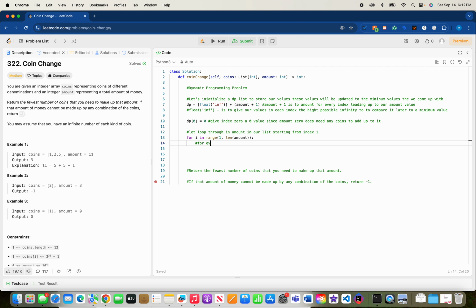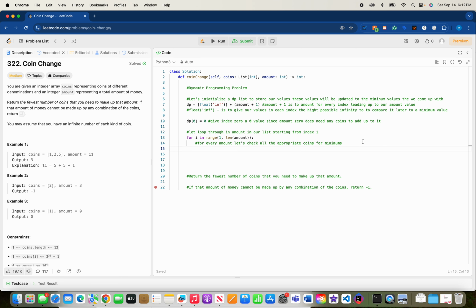For every amount, let's check all the appropriate coins. These appropriate coins will be explained later on. So for coin in coins,